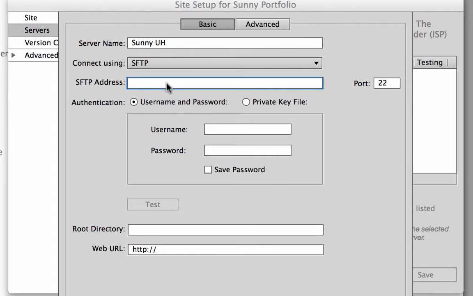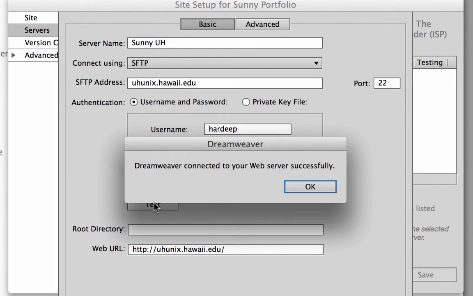Our address is uhunix.hawaii.edu, and we will log in using our UH username and password. I'm going to ask Dreamweaver to save my password. Now at this point, just to check if this connection is okay, I'll click Test. And it says Dreamweaver connected to your web server successfully.